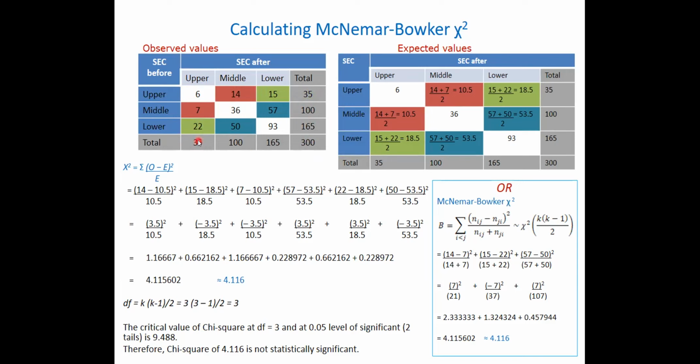In the upper class 35, the middle class 100, and this one 165. But it doesn't mean there is no movement. It just happened like that. Now,